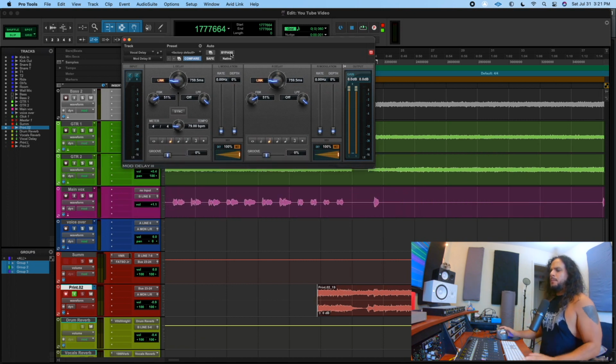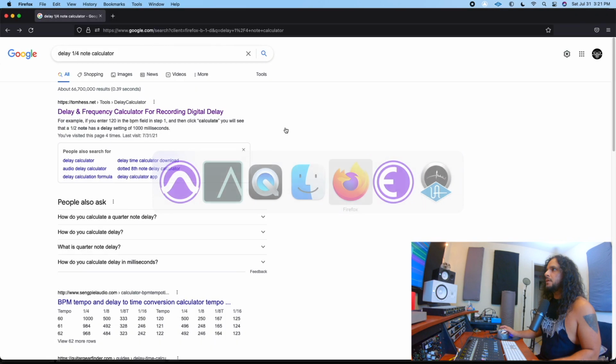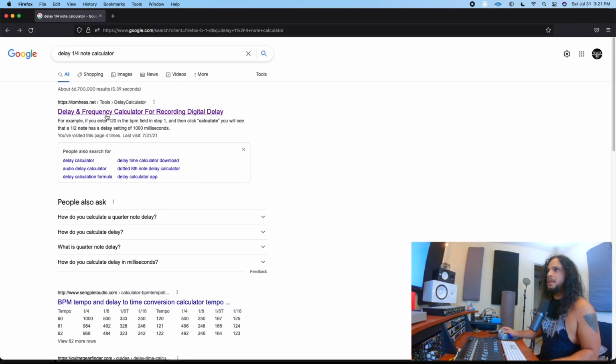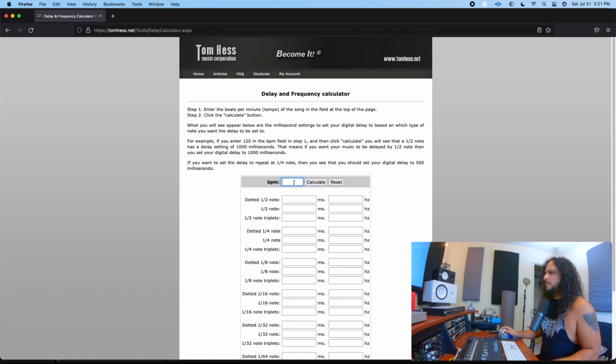All right. But if you're in Pro Tools and you don't have this delay, and you have a different kind of delay, hey man, my delay doesn't have this kind of feature. Check this out. This is super easy. You can go to Google, and I have this already. You see this delay and frequency calculator. You can put this delay 1/4 note calculator, I mean, and that was 79